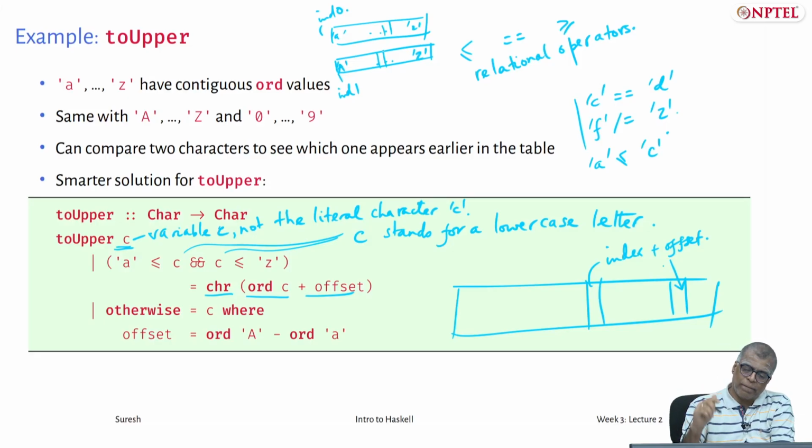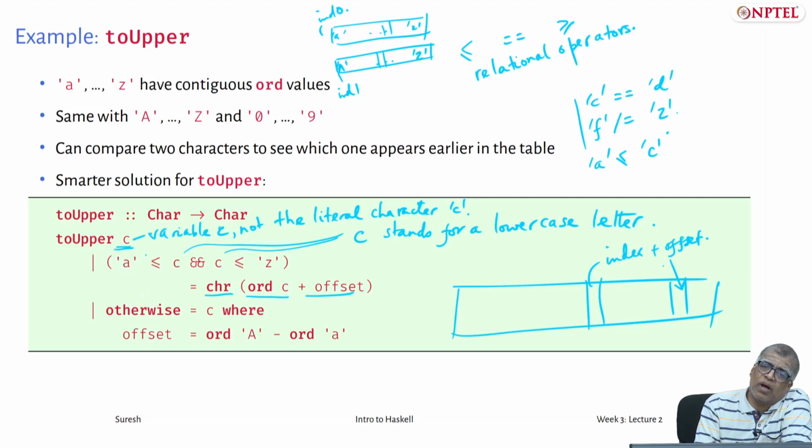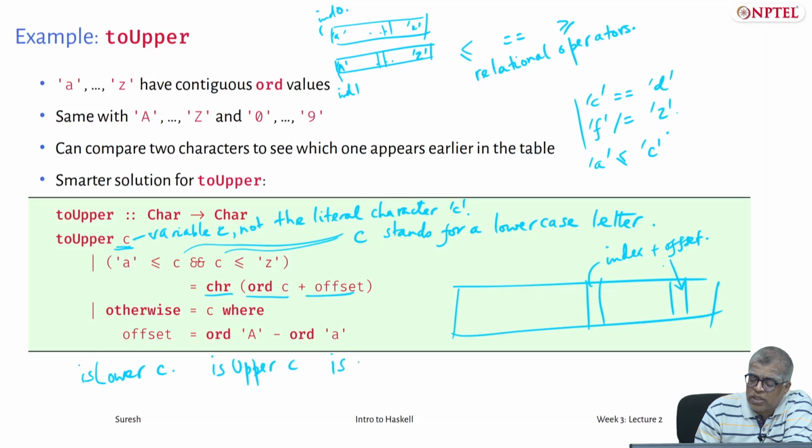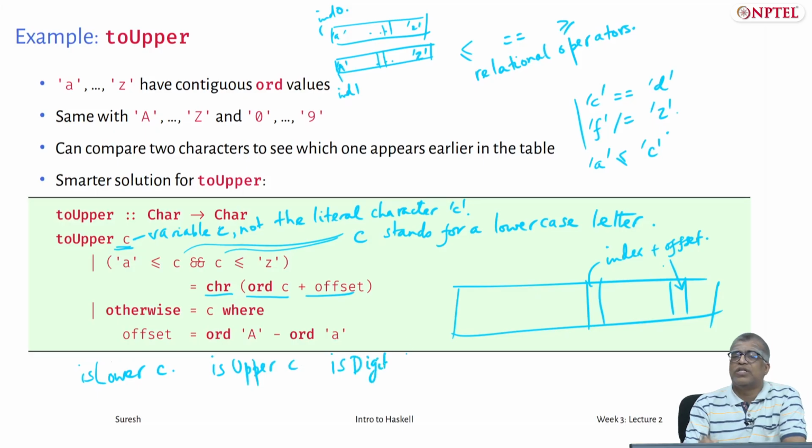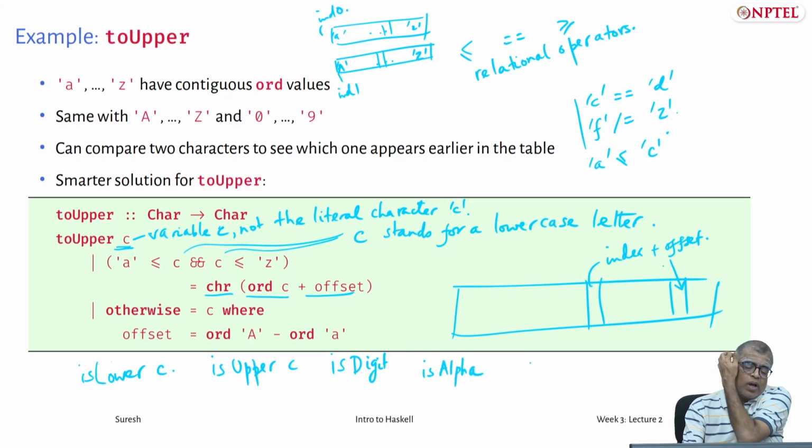Of course, you needn't do all this. You can directly say 2 upper, and even these things, there are built-in functions for all this, to check whether C is greater than or equal to small a and less than or equal to small z. You can use something called is lower, is upper. You can say is digit. The digits 0, 1, 2, 3 till 9 are stored in contiguous locations, and each digit will return true. You can say is alpha, which will tell you if it is either lowercase or uppercase. You can also say is alpha num.